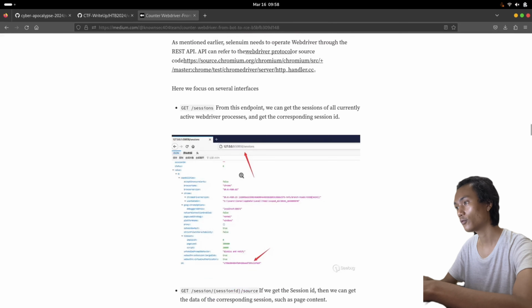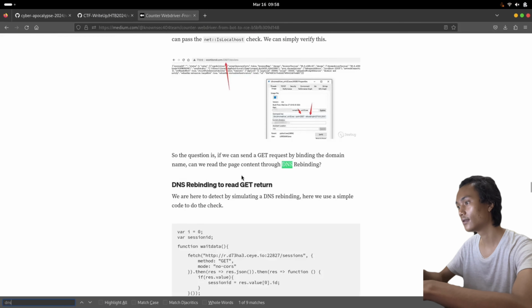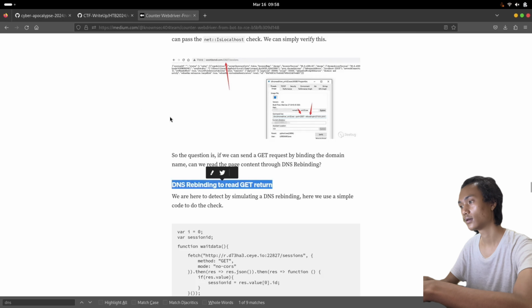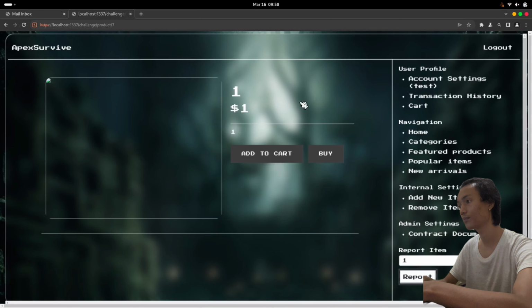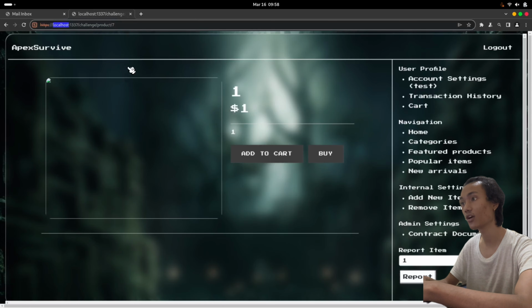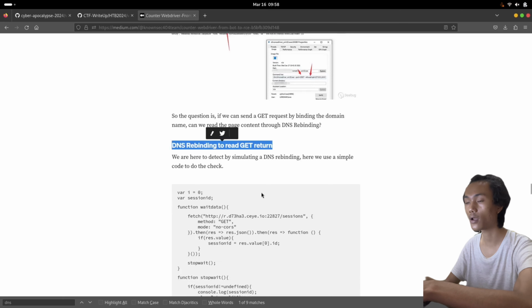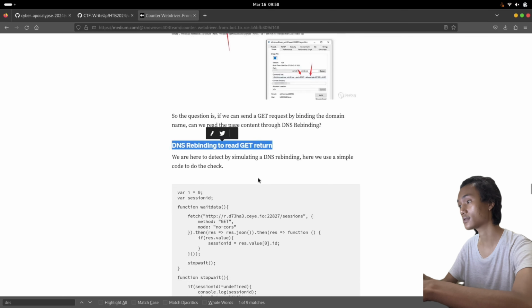But we don't need the DNS rebinding, since we run the exploit on localhost. I mean, the bot that we try to exploit is visiting localhost, not another domain, right? So the referrer must be localhost, so the Chrome driver will accept that request.